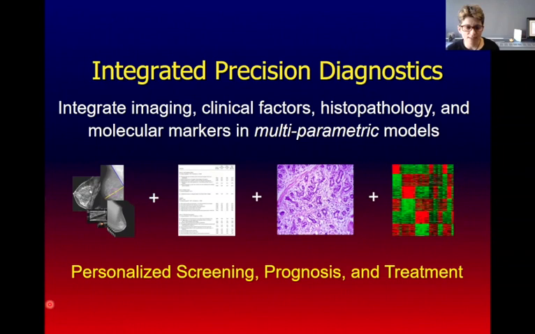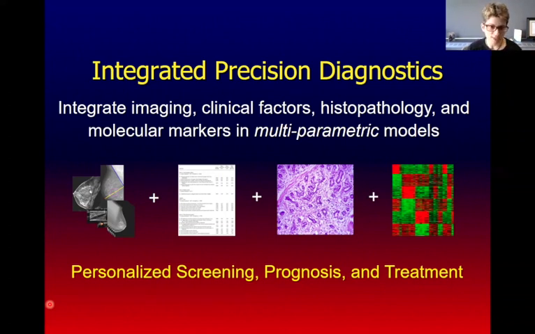So ultimately, I guess the vision here is, how do we integrate all that information? And we're moving towards an era where we can't be looking at any of this information in isolation. We can't just be looking at imaging and making a model just based on imaging data, but ignoring electronic medical health record data or histopathology data or molecular profiling data. But also we can't be looking at any of the other data on its own without considering the effect of the others.